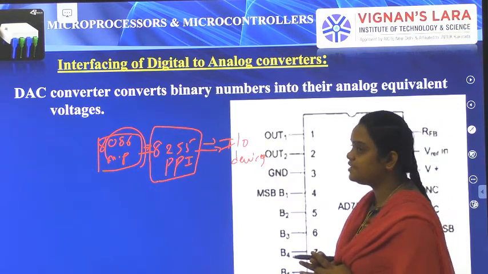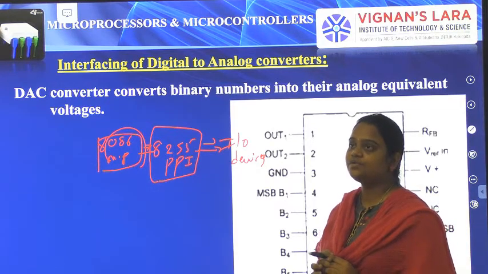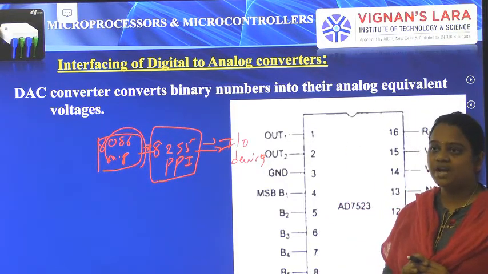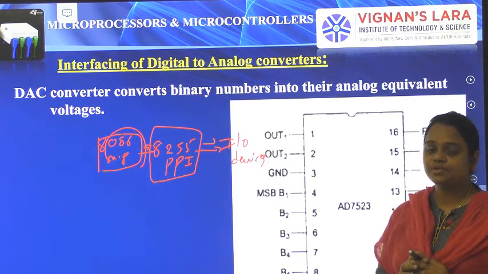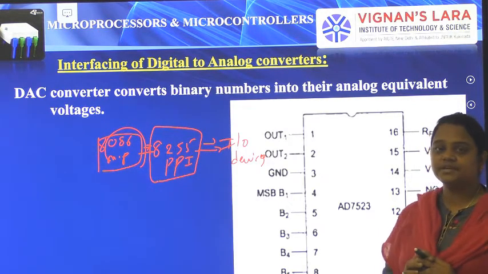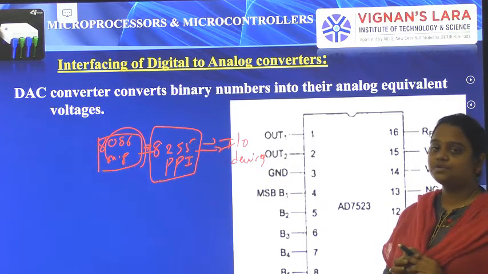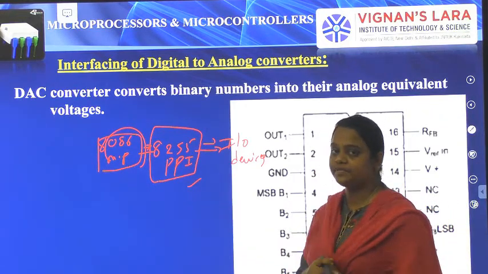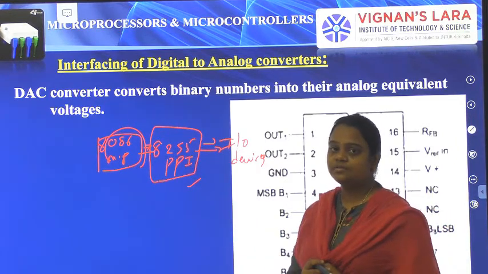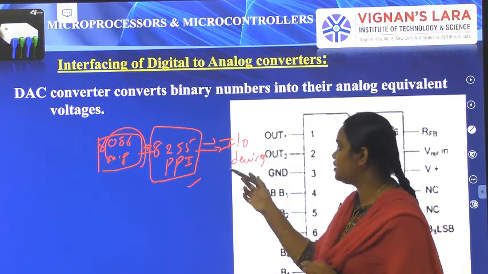A digital to analog converter converts the digital input into an analog signal. In the real world, we use only digital output and digital input, but sometimes we want analog inputs in real time. So we convert those digital numbers into analog values with these DAC converters. We interface the 8086 to the DAC by using the 8255 programmable peripheral interface, which has port A, port B and port C for carrying information from the 8086 to the input and output devices.